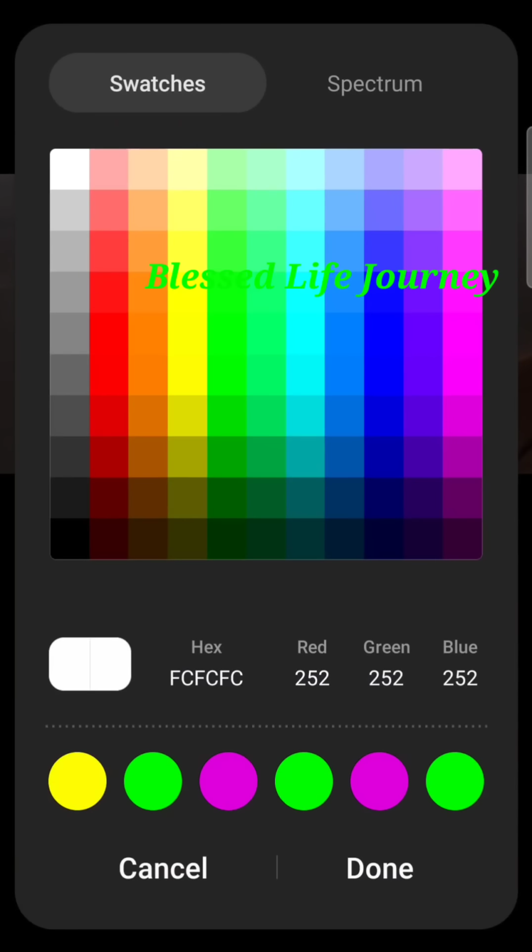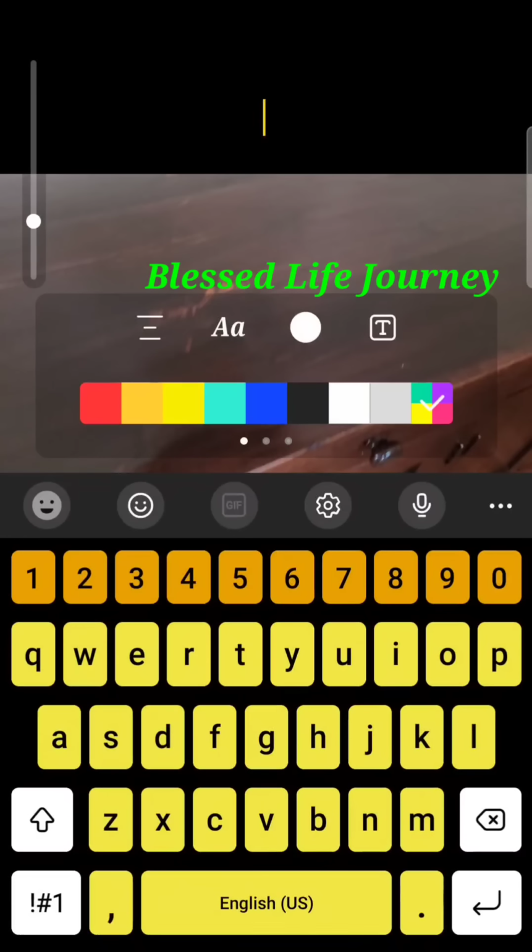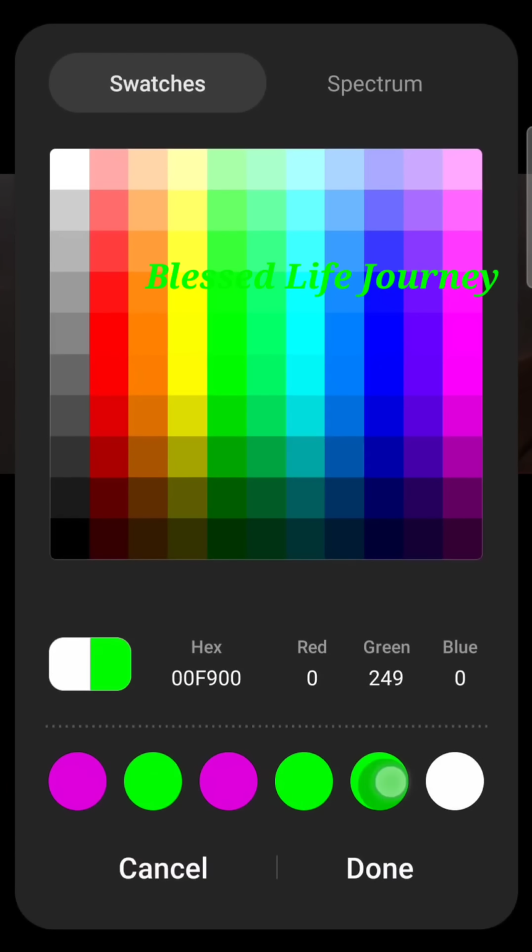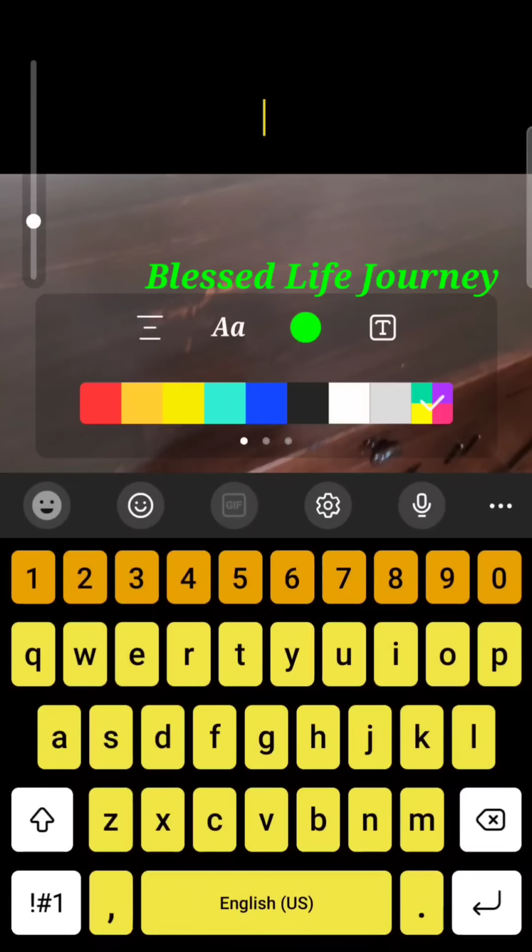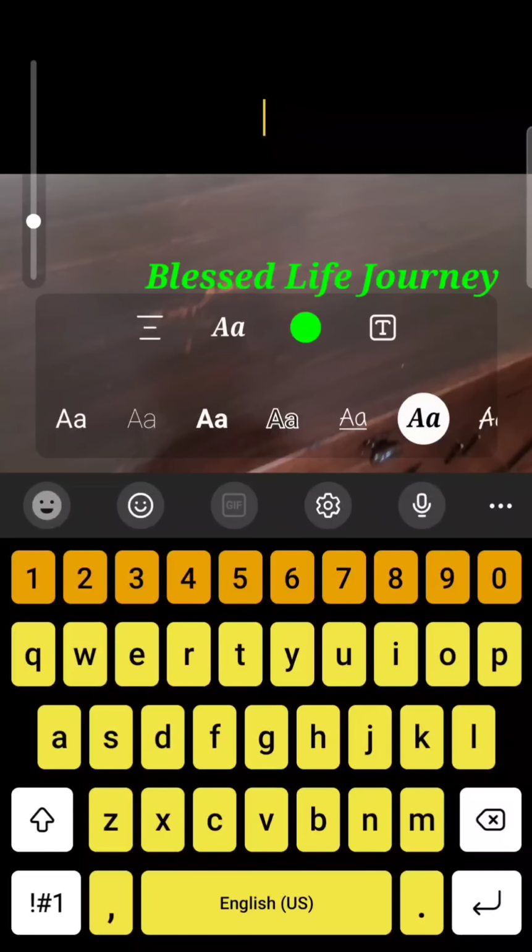And then you just click on done. When you finish choosing the logo, you will just click on green. Guys, we just have to have patience when we are editing our videos. So now that we have chosen our color, you can choose how you want your letters to appear, whether you want the fronter, how you want it. For this one, we will choose that